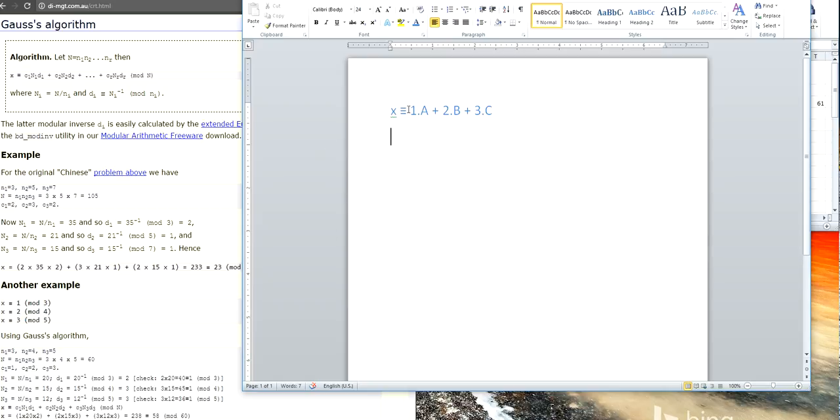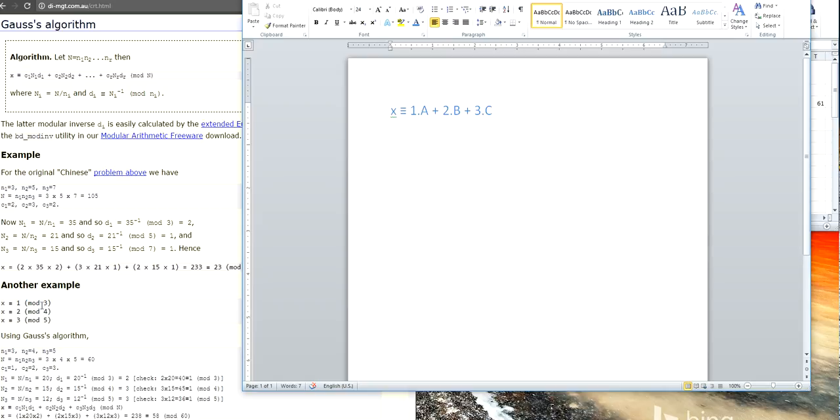So I will just say x equivalent to 1 times a plus 2 times b plus 3 times c. So basically we are dividing this number in 3 parts, and we will try to come up with a bigger number which should be reduced to 58 mod 60. So if we can write like this, then